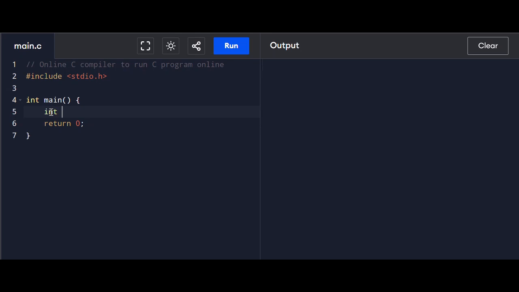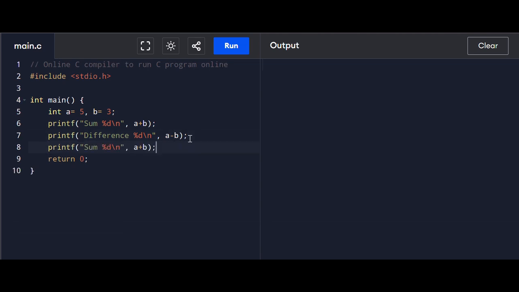I'll declare the variables, say A and B, and probably initialize them also. Let's say A is 5 and B is 3. And based on these two variables, let's try and perform the basic arithmetical operations. I'll want to have the sum of these two values shown. I'll specify the format, and the subsequent display I'll want in the next line, so I've included the backslash n. So the sum is going to be obtained using a plus b, and then the rest of the arithmetical operators. I'll have the difference of the two numbers, where the operation will be a minus b,